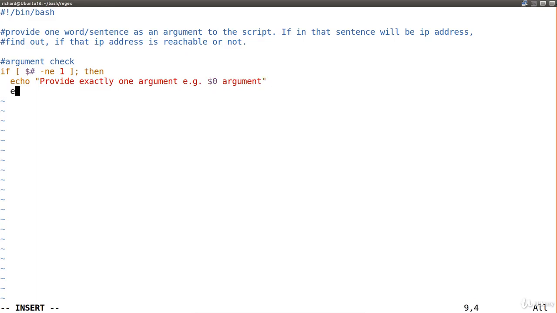We can also exit with status 1 here. Now we can assign first argument to variable called var1,